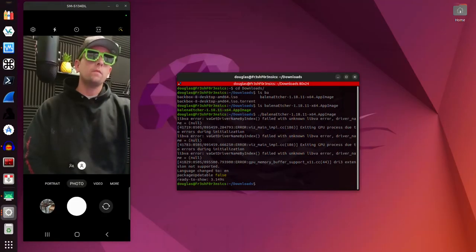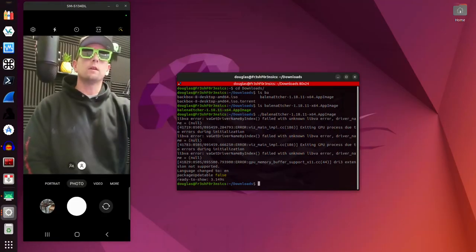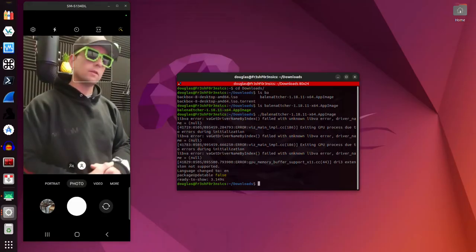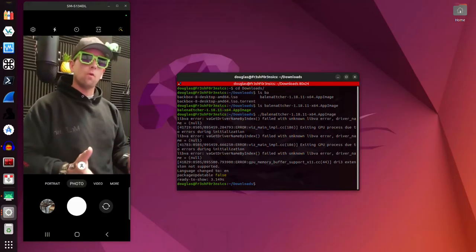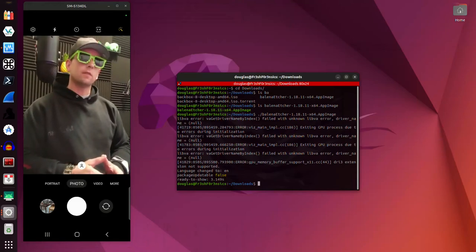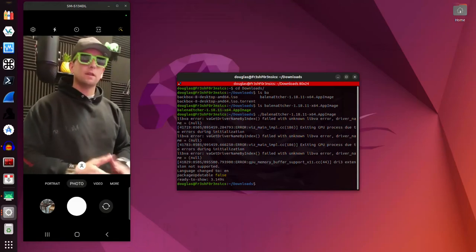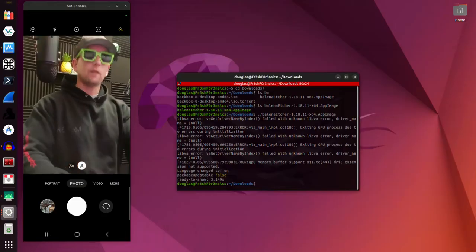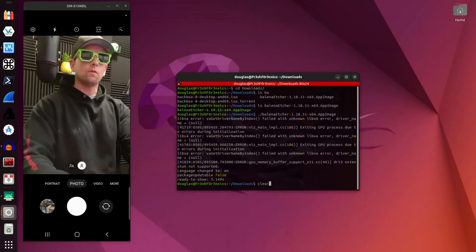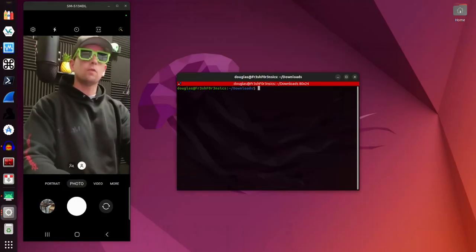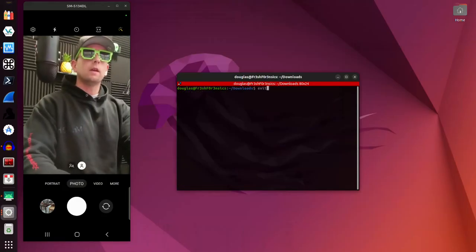Now I'm going to do it a little differently because you have to keep in mind that I am trying to record all of this and screen record, so it's not going to come out as good if I try to change the camera over to looking at a laptop. So I'm going to do this a little differently, and we are going to